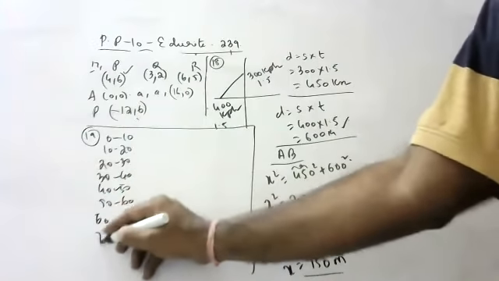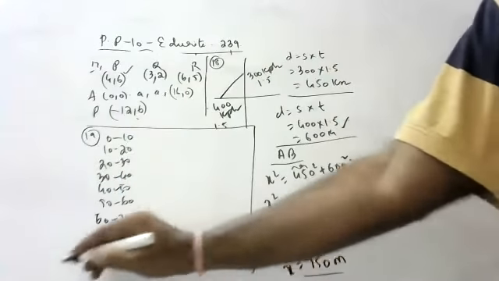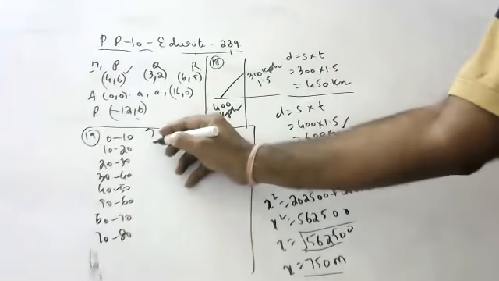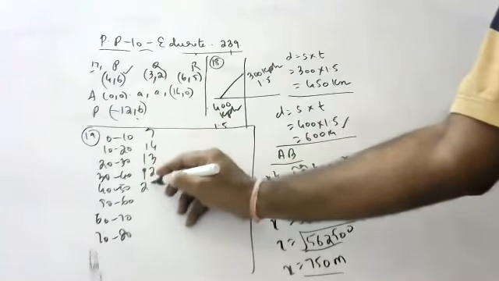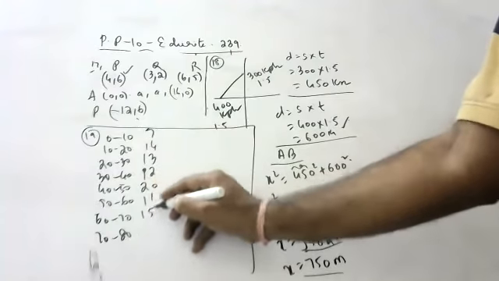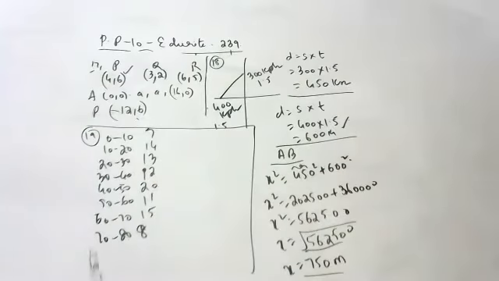Come on, children. Can anyone tell the frequencies? 7, 7, 14, 13, 12, 20, 11, 15, 8. Okay. So the question is, while computing the mean of grouped data, we assume that the frequencies are...